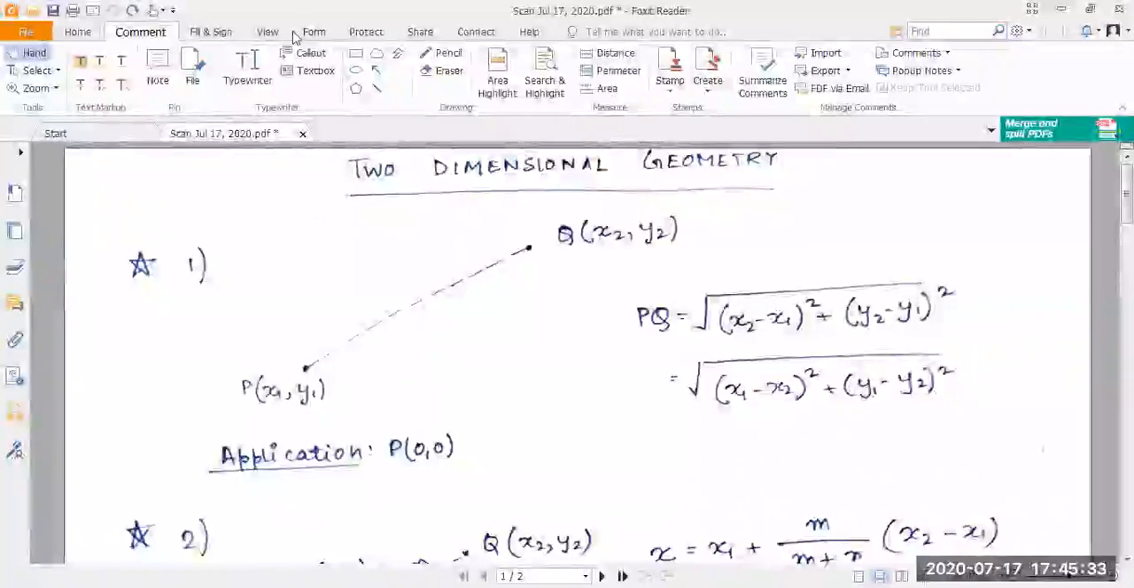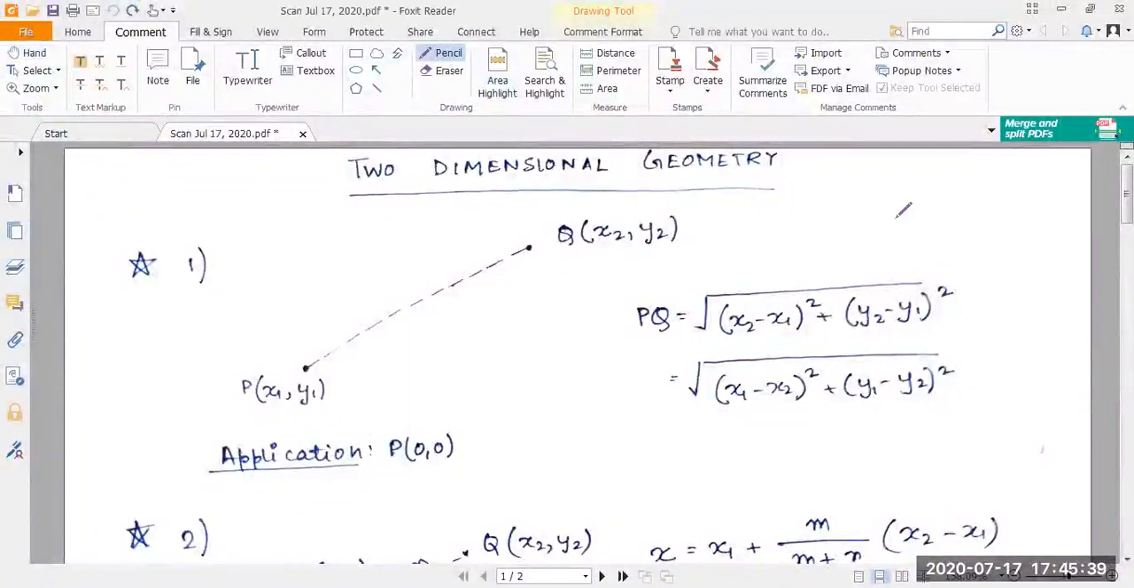So in today's session, we'll be studying certain important relations and formulae in two-dimensional geometry. The first relation that we'll be talking about is the distance between any 2 points in the xy plane. So let's say we have a point P whose coordinates are given by x1, y1, and we have another point